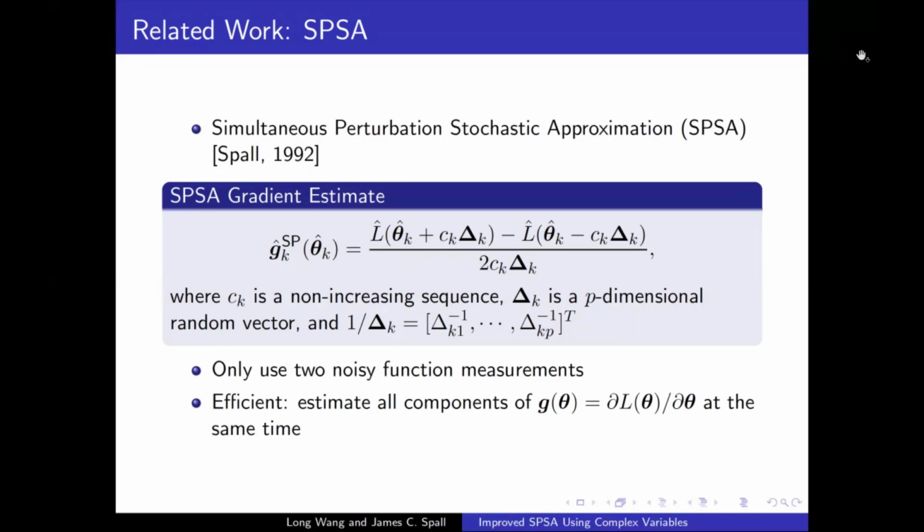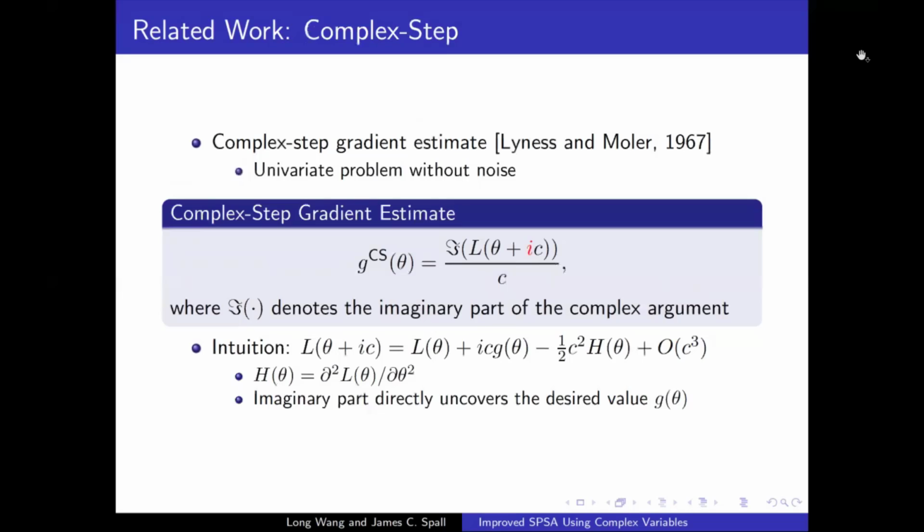This is extremely useful for high-dimensional problems because the number of function measurements is fixed. And then there are some theoretical works showing that the gradient estimate is asymptotically unbiased and it can have convergence, etc. But the main difference here is you have to do simultaneous perturbation instead of the traditional finite difference. And then